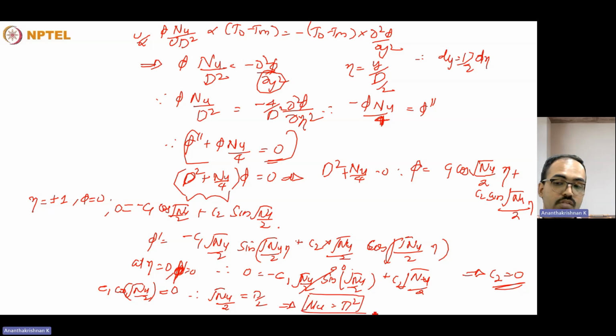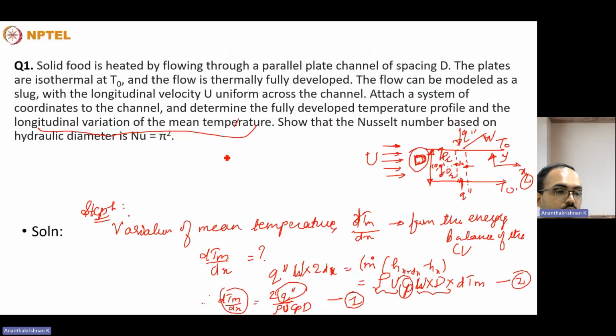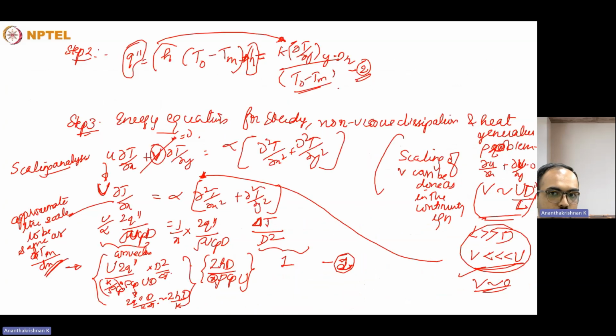So that is the first part of the problem, where we have actually tried to prove that the Nusselt number based on the hydraulic diameter is pi squared. What we did was integrate the energy equation and do some kind of manipulation to arrive at this equation. We arrived at the simplified energy equation, and then